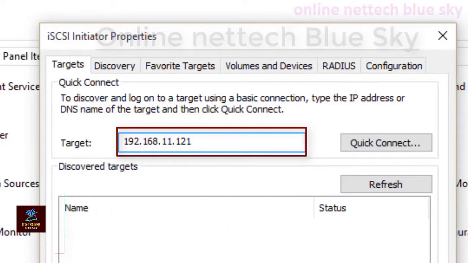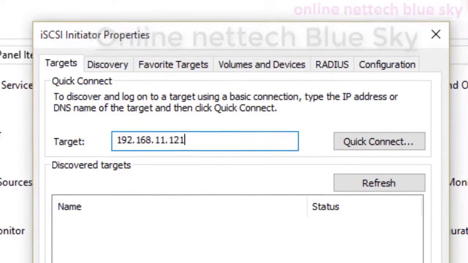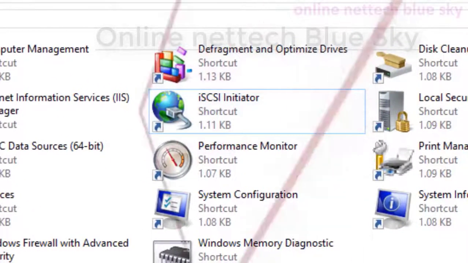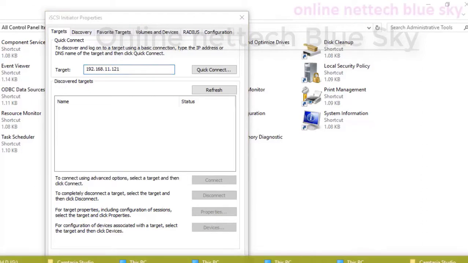You first need an iSCSI server. Without an iSCSI server I cannot handle or use it. The iSCSI server is not directly used as a system. I have no server, but I'm just showing how we can use iSCSI with different features here.